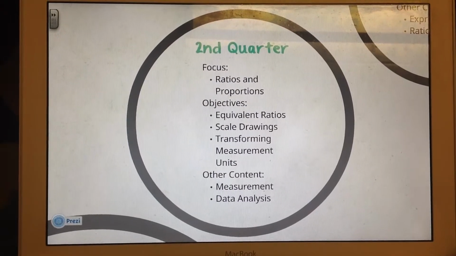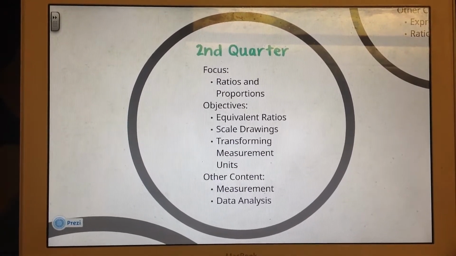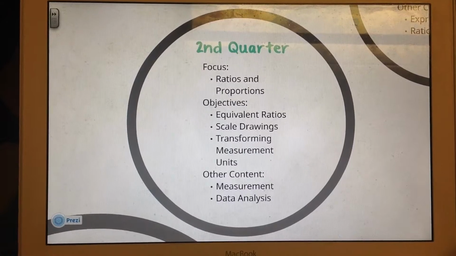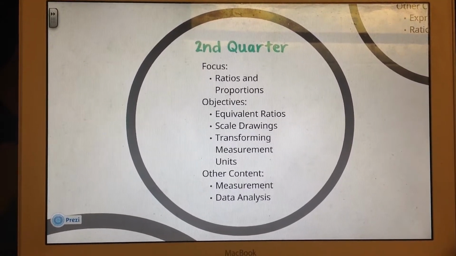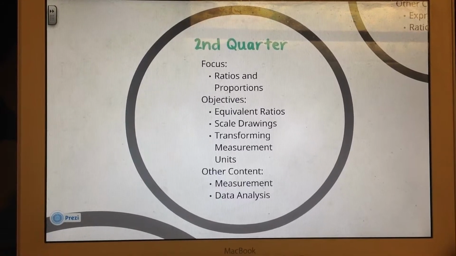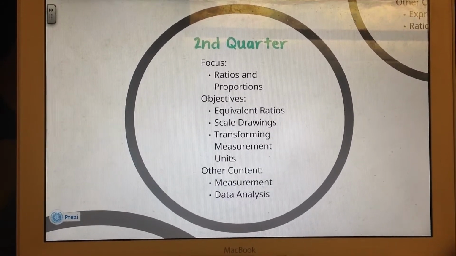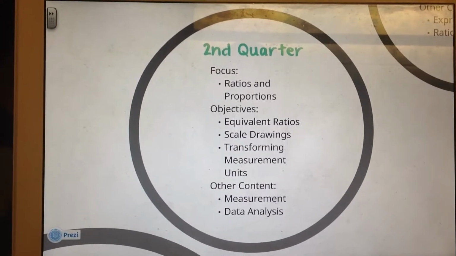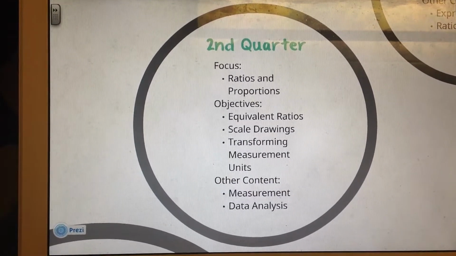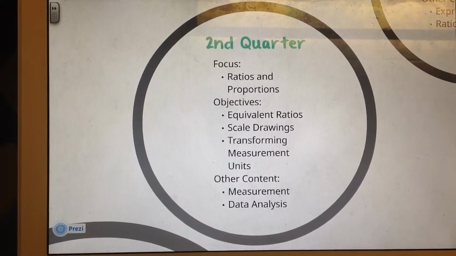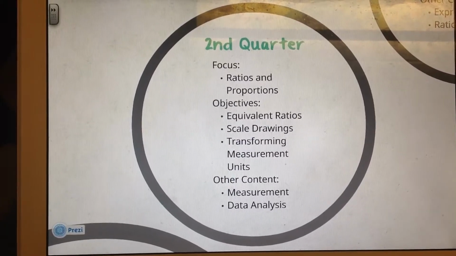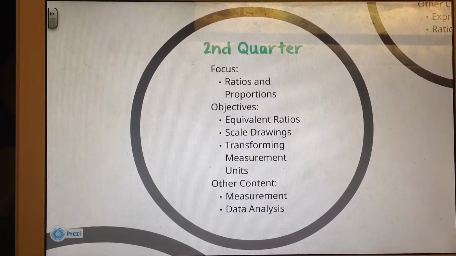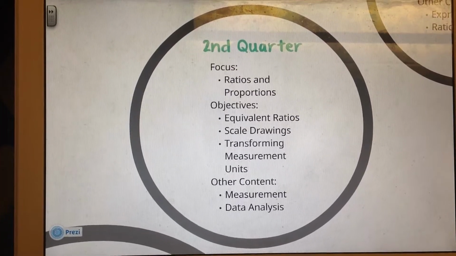During the second quarter for 6th grade, the focus is on ratios and proportions. The objectives include identifying equivalent ratios to create scale drawings and transforming measurement units using proportional reasoning, as well as finding equivalent ratios. During one activity, the students will measure their own body measurements and select a dinosaur to make